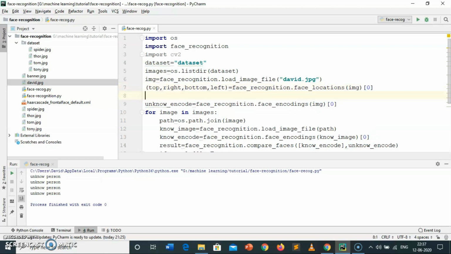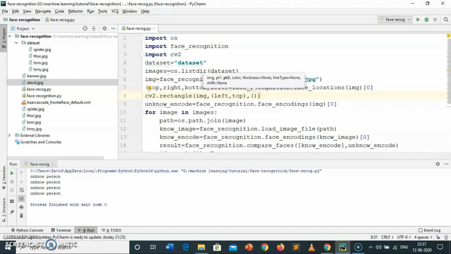So I am going to draw a rectangle, that is the cv2 dot rectangle, provide the image, that is the img, and then pass the x coordinate and y coordinate. So I am going to pass here left and top and width and height.